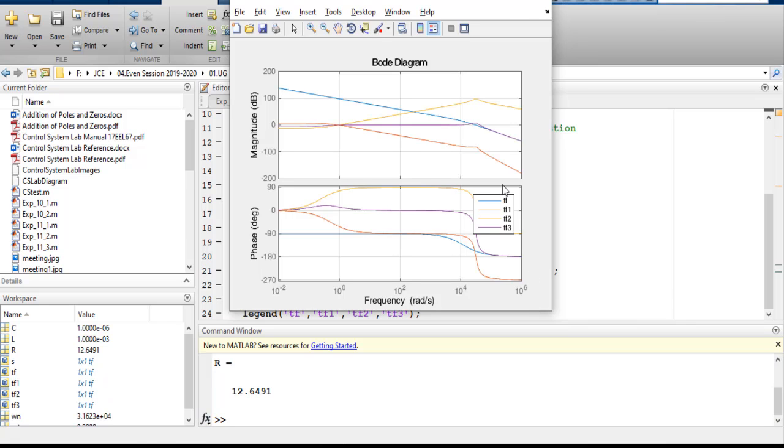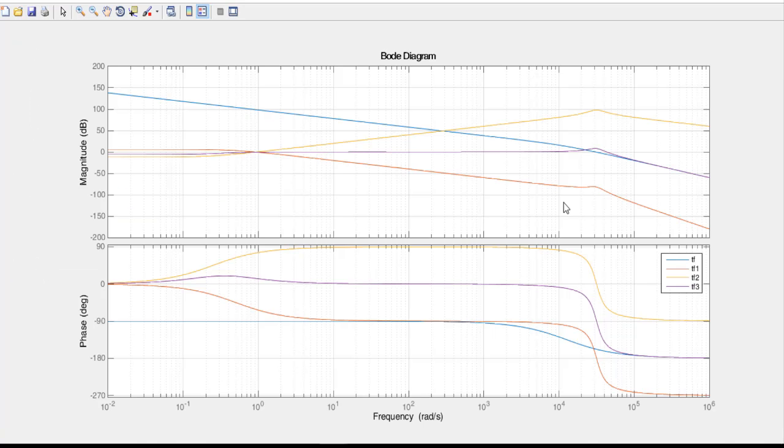Then here we get the comparative Bode plots of all the systems. You can see the blue one is TF, that is the open loop transfer function. The violet one is TF3, which has both poles and zeros.